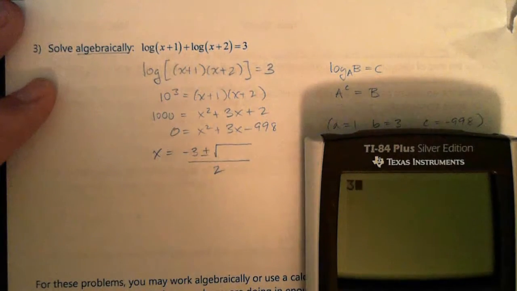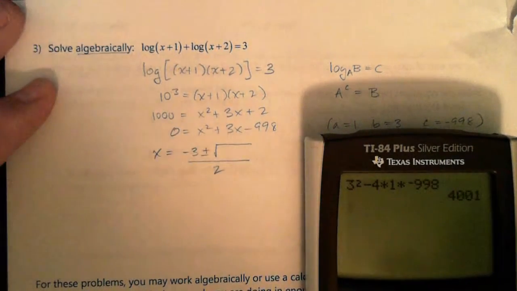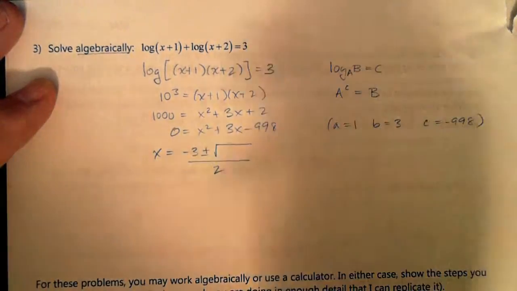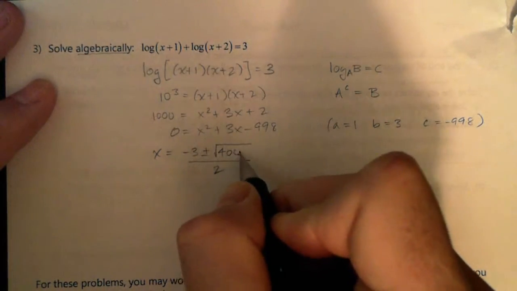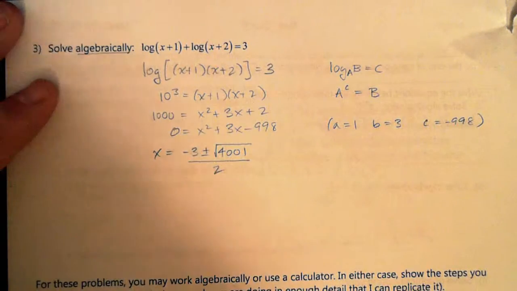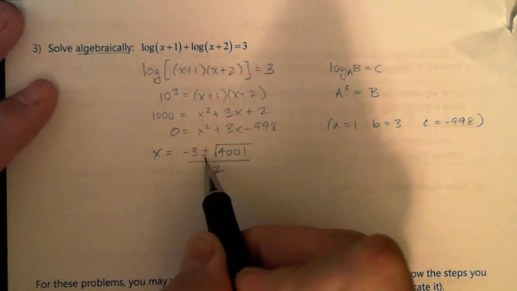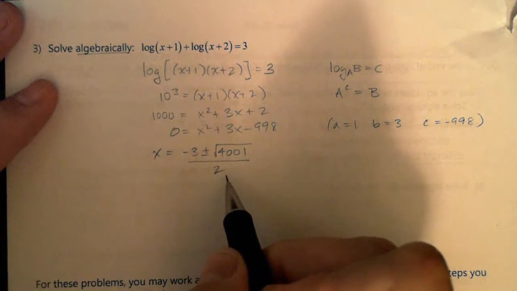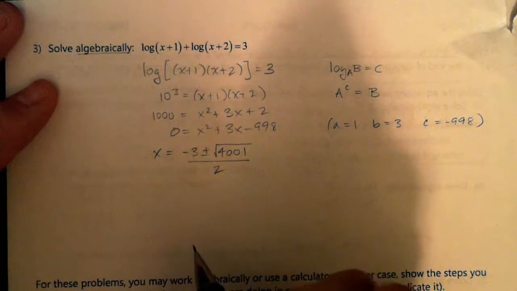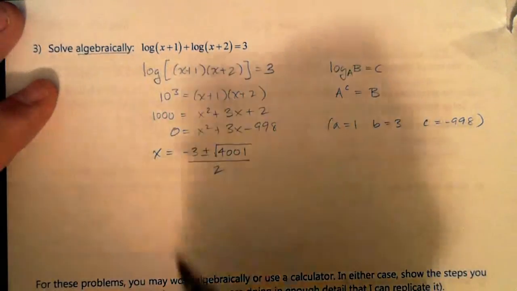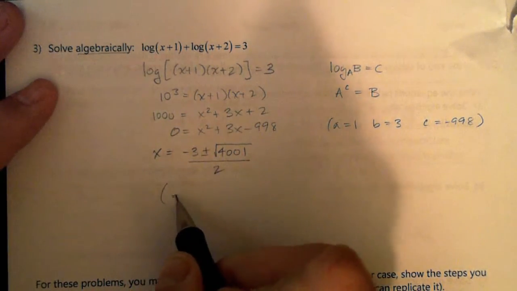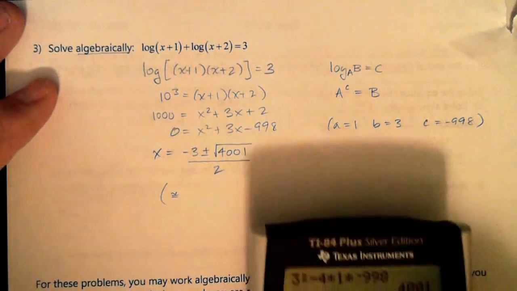B squared is 3 squared minus 4 times 1 times negative 998. You get 4,001. So 4,001. And the numbers here, minus 3 minus root 4,001 over 2 is negative, and minus 3 plus root 4,001 over 2. And if we were to approximate these numbers,